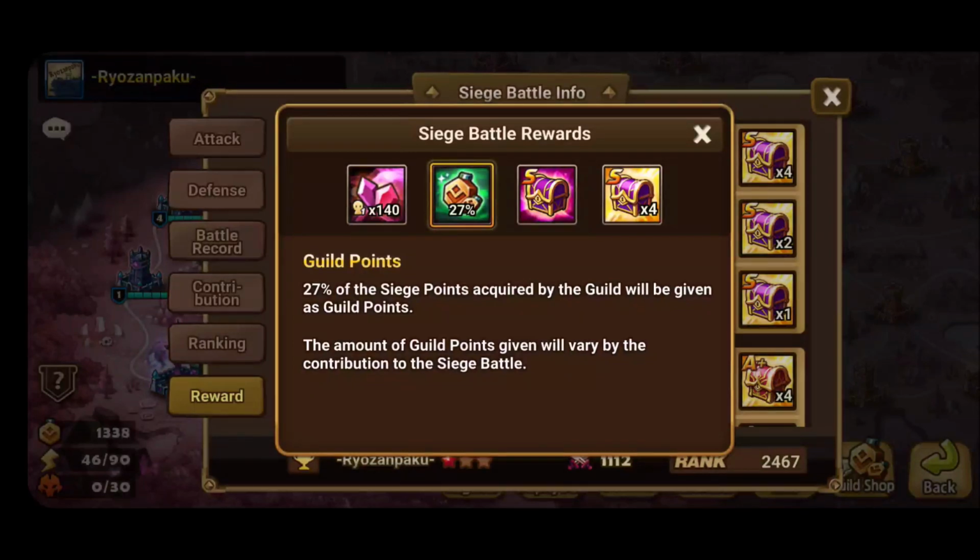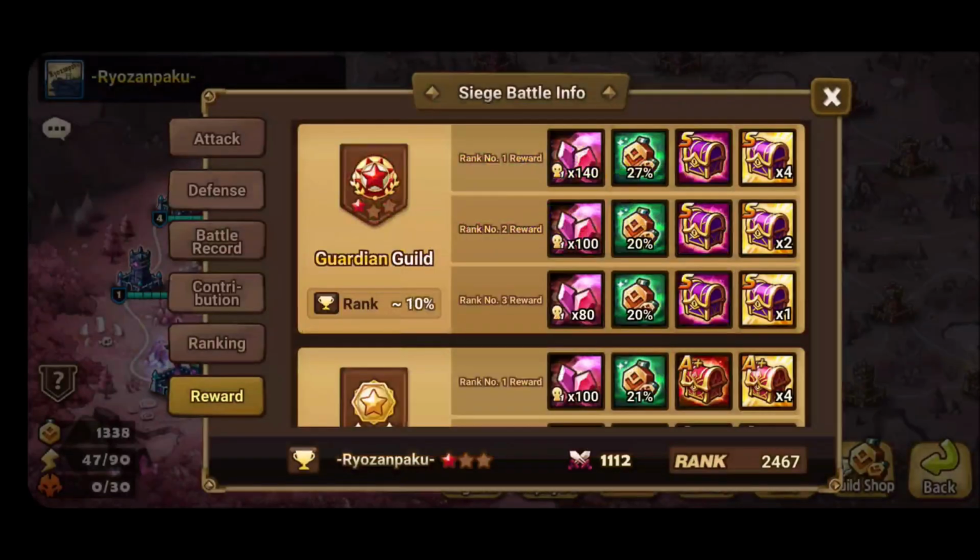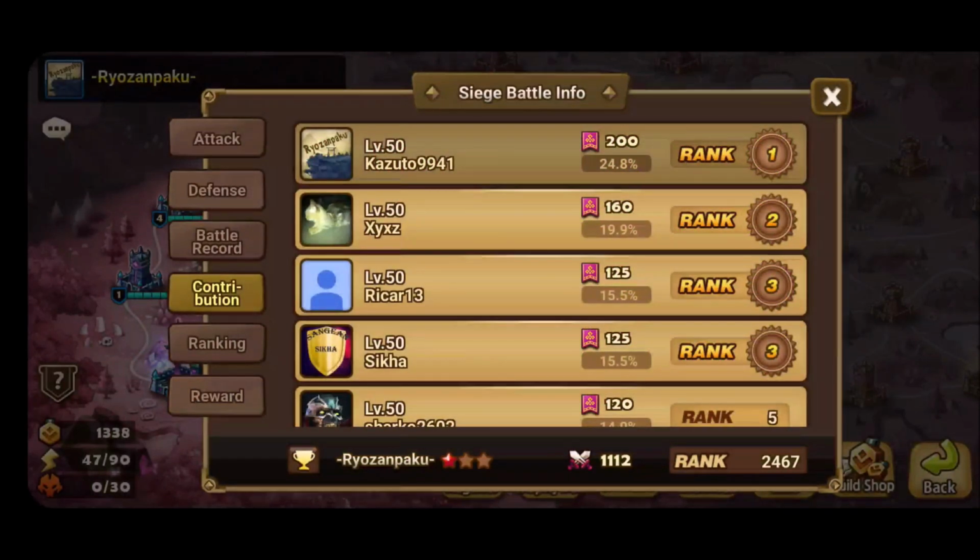your account. Now, for those that don't know, you get 5 points every time you successfully defend. And so this is a way that you can actually increase the amount of guild points that you get in each guild battle. So as an example, on the last guild siege that we had, I got 200 contribution points,